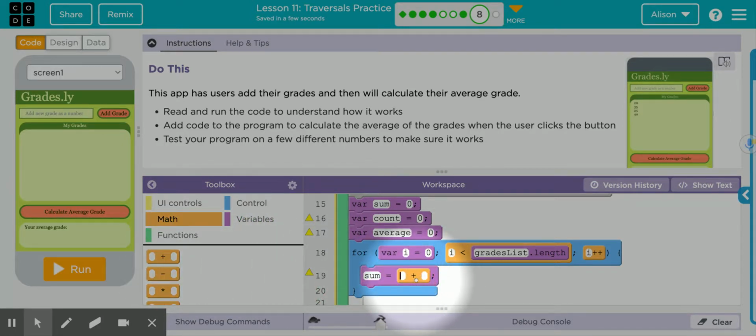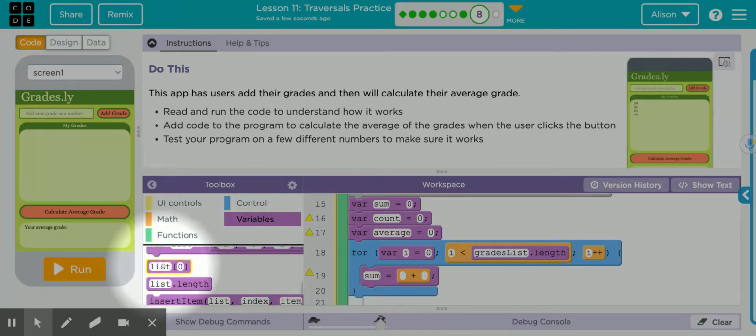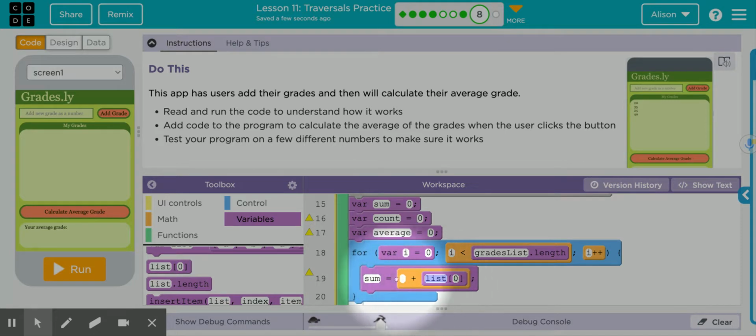Okay, so we want the sum to be, if we go into our variable blocks and we get this list 0, put it over here. We want the sum to be whatever. So when there's no grades in there, sum's going to be 0. And then whatever the running total is, we want to add what we just added to the list. And to say that, we're going to say grades list